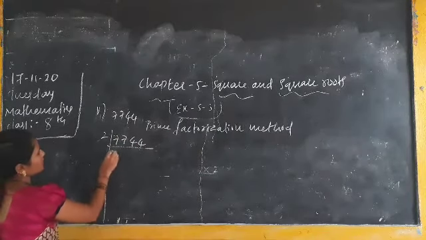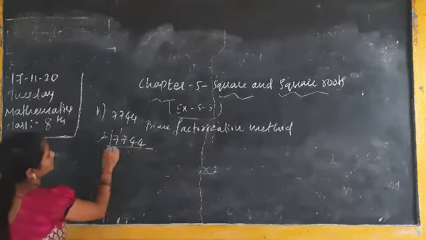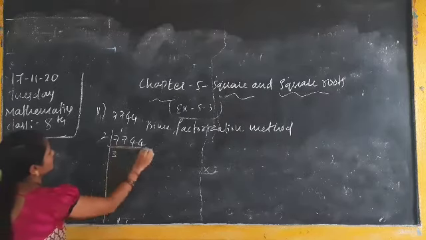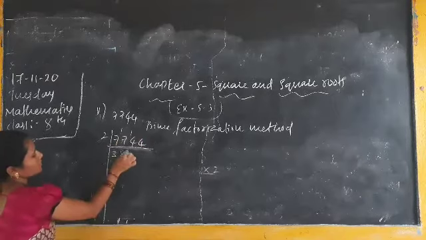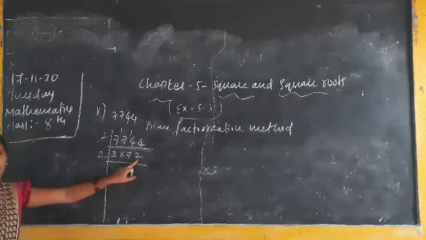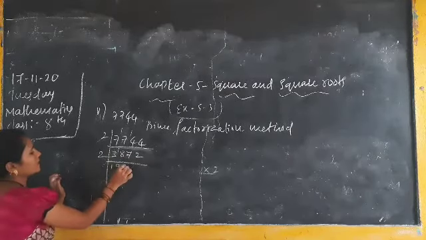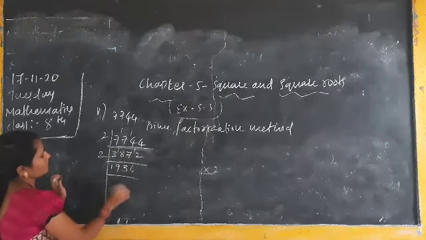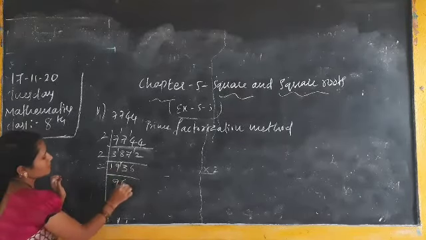Here 2 3s are 6. 1 left. 2 8s are 16. Here left. 2 7s are 14. 2 2s are again in the 2 table. See the last digit here, 2 is there. It is divisible by 2. 2 1s are 2. 2 9s are 18. 2 3s are 6. Here 1 left. 2 6s are 12. Next 2 9s are 18. You are getting 1. 2 6s are 12.